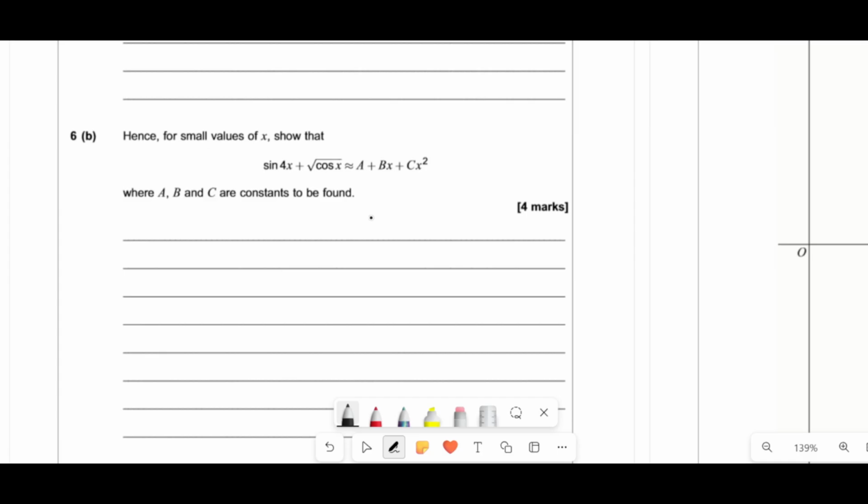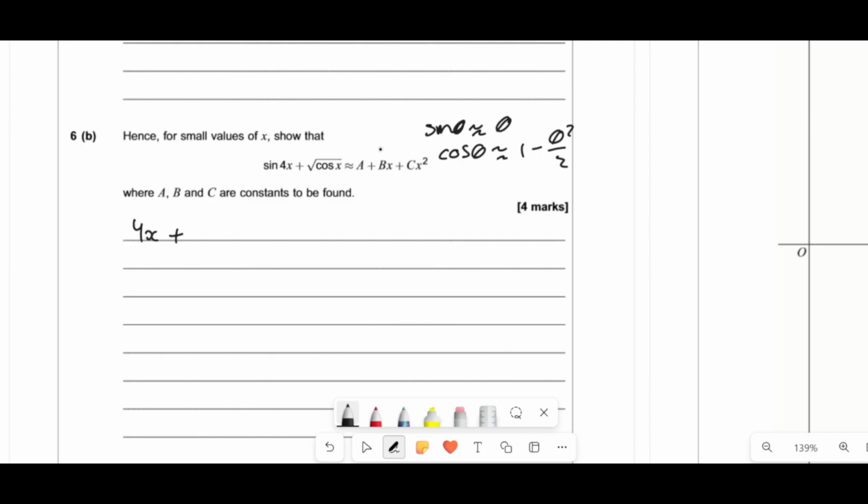What it's alluding to is that the small angle formulas are going to be playing a role, so if you have small values of x here, right? So sine theta roughly equals theta, cos theta roughly equals 1 minus theta squared over 2. So in this case, sine 4x, can you see how that sine theta is roughly theta? That means that sine 4x, or 4 theta, is going to be 4 theta. So that means